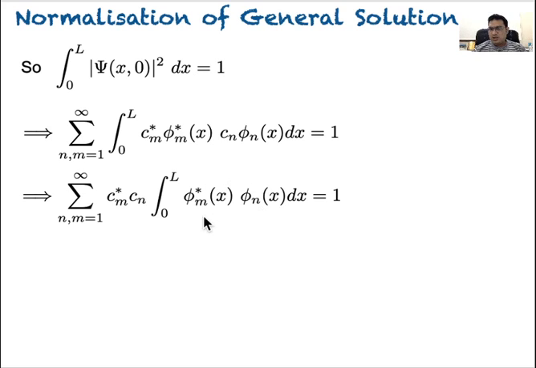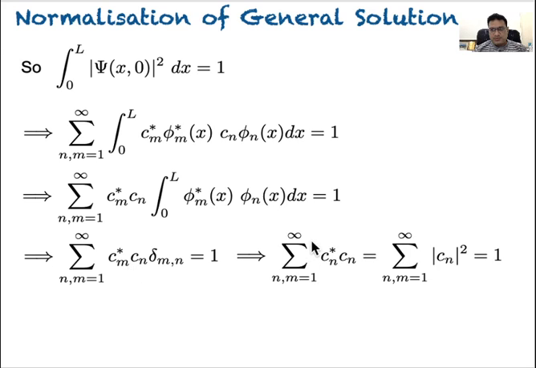Again, this is our known integral, what we have seen in the previous slides. This will give us delta mn, and delta mn is going to be non-zero when m is equal to n. So this will reduce it to mod of Cn squared. Mod of Cn squared is going to be 1 based on this condition if this wave function is